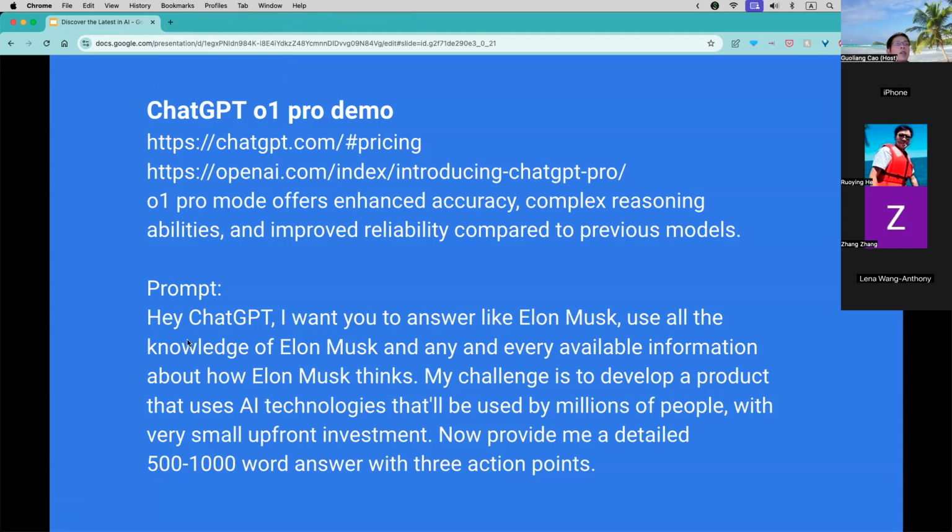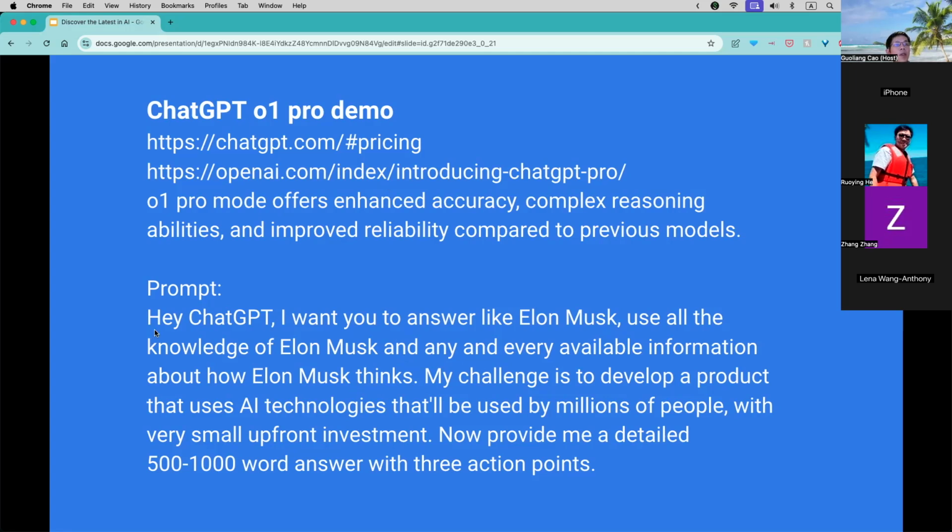So I created this prompt to compare 4o, O1, and O1 Pro. I can show you the result. And by the way, while I'm demoing this prompt, if you want to ask O1 Pro any questions, you can put them in the chat, and I will try to enter a few of those questions and see how O1 Pro works.